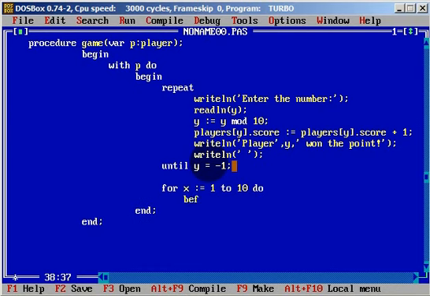And we need begin and end of this for loop. And what will we type? We will write line